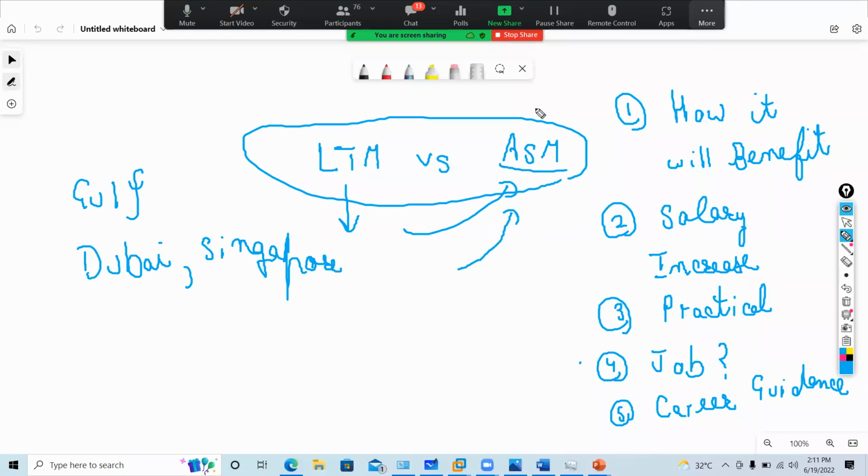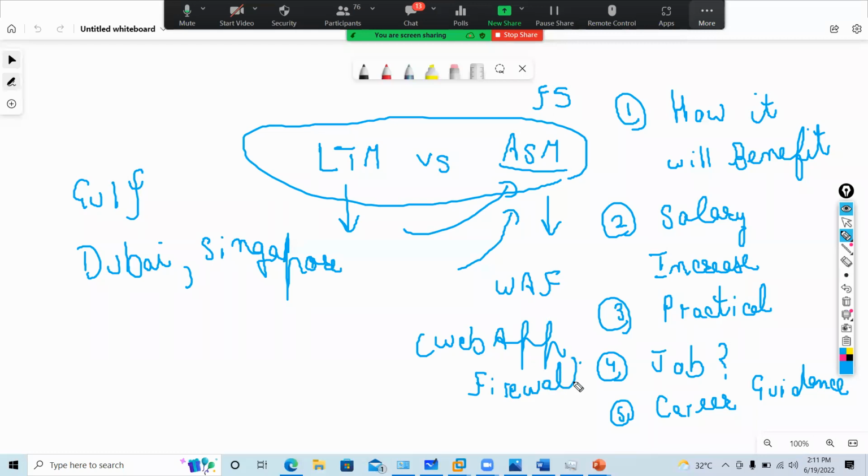ASM is an F5 term, but the normal term is WAF, which is called Web Application Firewall. Palo Alto or Checkpoint is also called Web Application Firewall. That's why F5 has introduced the term Application Security Manager. Some people, to make it easy, call it Web Application Firewall.